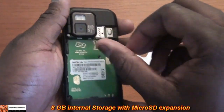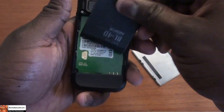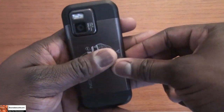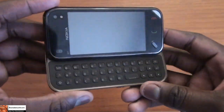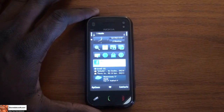The phone does come with 8 gigabyte internal storage, which is very, very nice, and we made good use of it for this review. And yeah, so we'll check that out and give you a full review of the OS and other features of the phone. So I've gone ahead and put in my SIM card, and as you can see, we get to